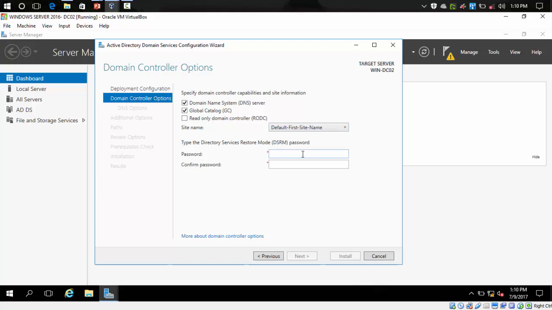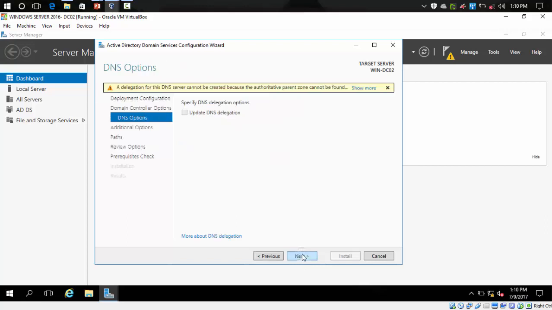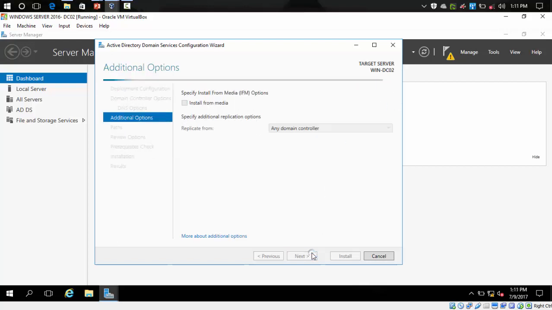Okay, so we provide our password and we continue. So click next to continue, because it's going to install DNS on this domain controller. You get something about DNS, update DNS delegation and a sort of things. So click next,